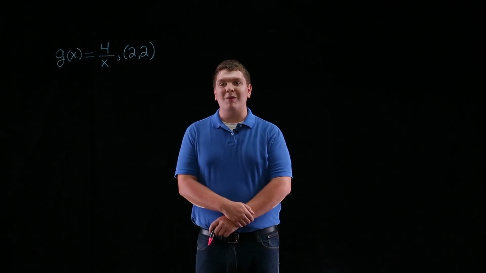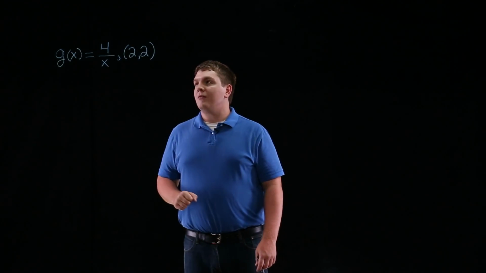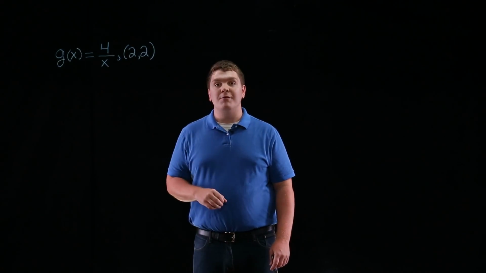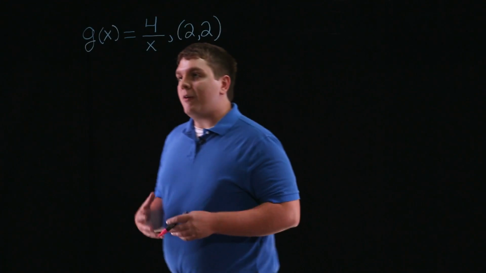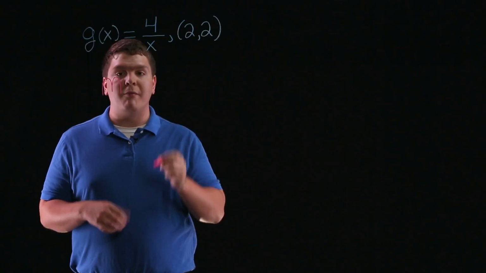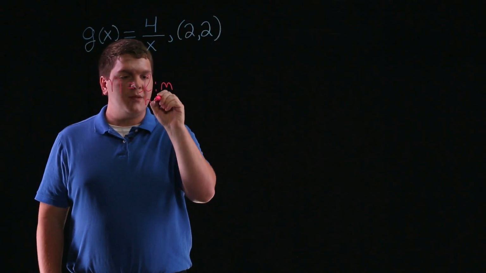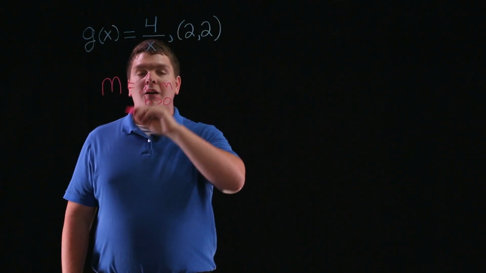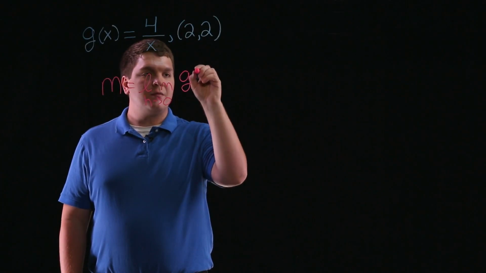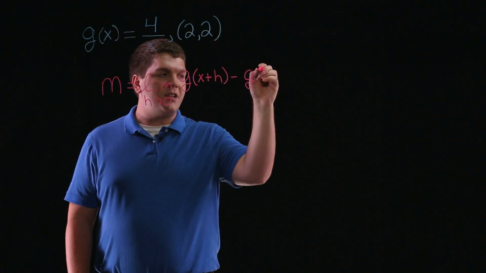Hi, my name's Gabe. For this problem, we're asked to use the limit process to find the slope of 4 divided by x at the point (2, 2). So what we want to use is the idea that the slope of our function m is equal to the limit as h approaches 0 of our function g of x plus h minus g of x